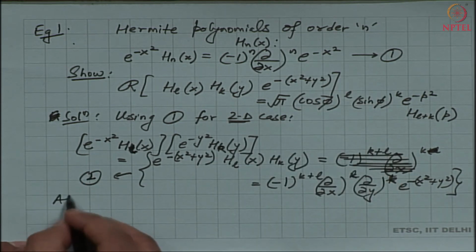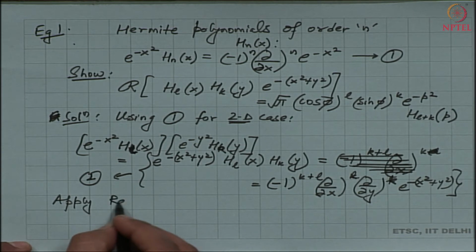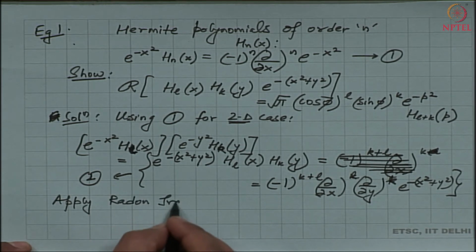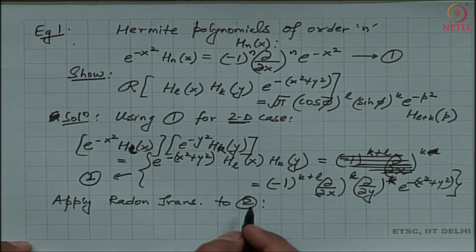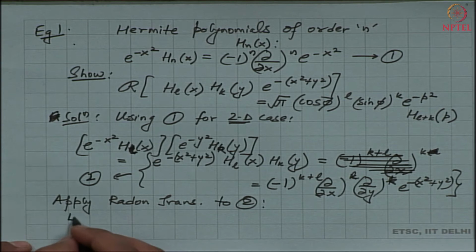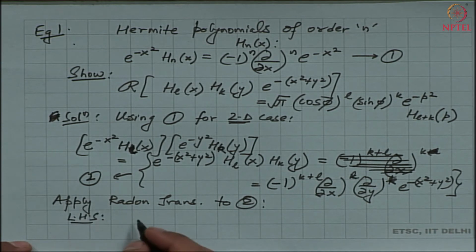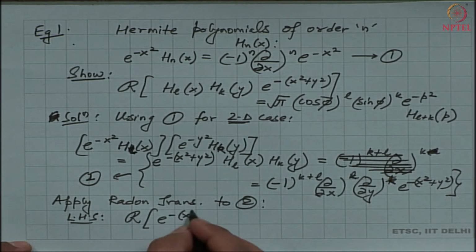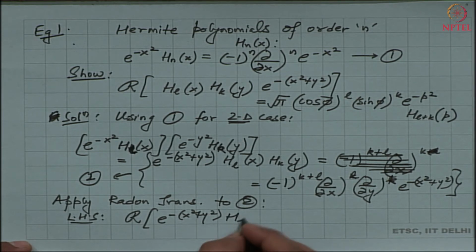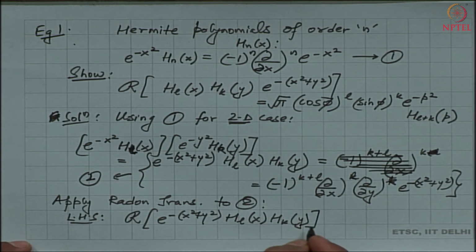So, now apply my Radon transform to 2. I see the following. I see that my left hand side of the expression 2 becomes R of e to the power minus (x square plus y square) times the Radon transform H L of x times the Radon transform H k of y. Okay. So, see that this is also equal to, now I am going to take the Radon transform here on